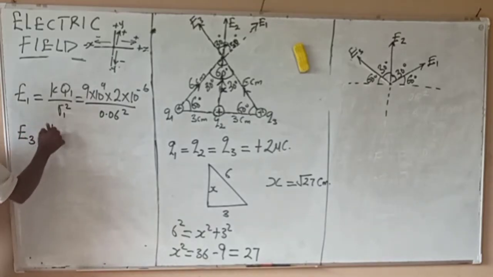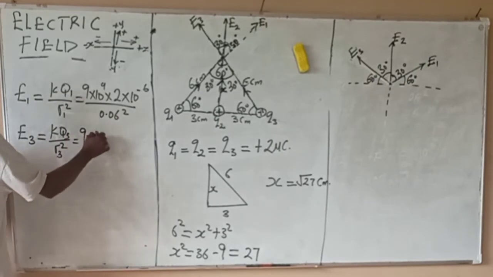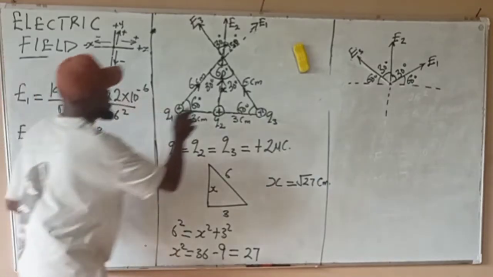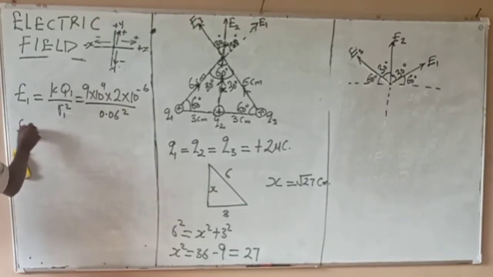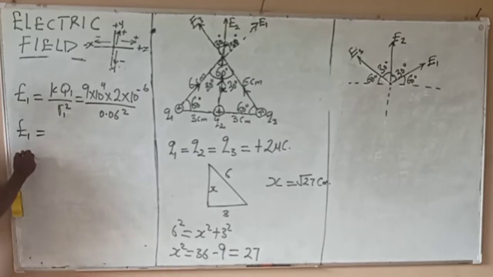E3 will also be KQ3 over R3 squared, which is 9 times 10 to the power 9. Okay, now what is going to be the answer to this? Let me leave a space for that. So we will have E1 to be equal to, if you solve this on the calculator, you will have the answer. And let's say we have E3, which is